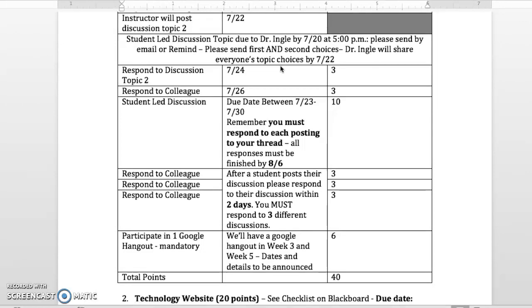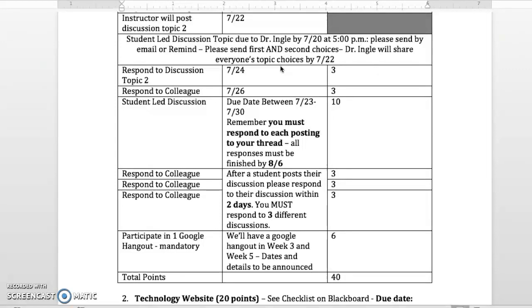The student-led discussions are due between 7/23 and 7/30. Remember, you must respond to each posting to your thread. So if you lead a discussion on assessment online using assessment tools like a Kahoot or a Poll Everywhere, and you want to lead that discussion on whether or not assessment can be done online and whether or not that data is valid data, or online stuff like the MCAS or the AP exams, and what the information is on that online testing, you need to post that by the 30th.